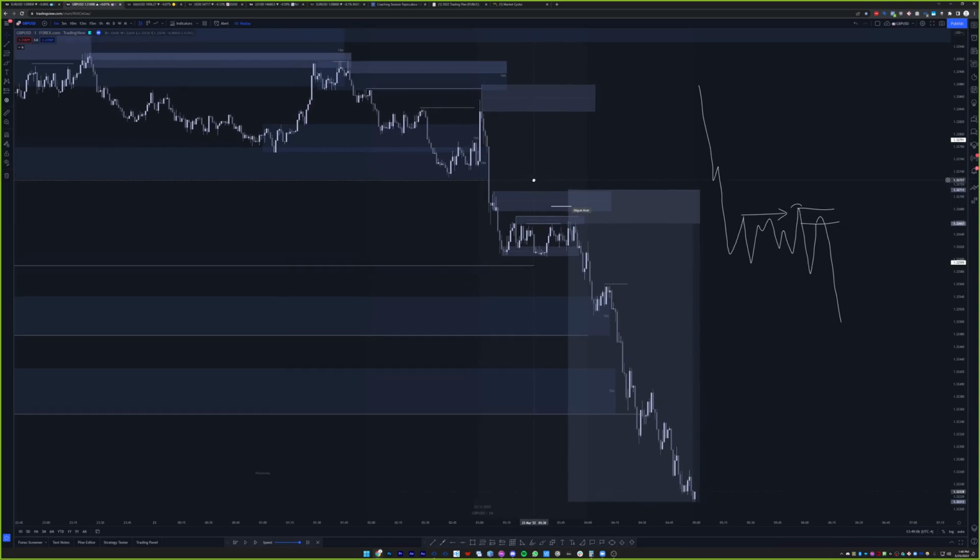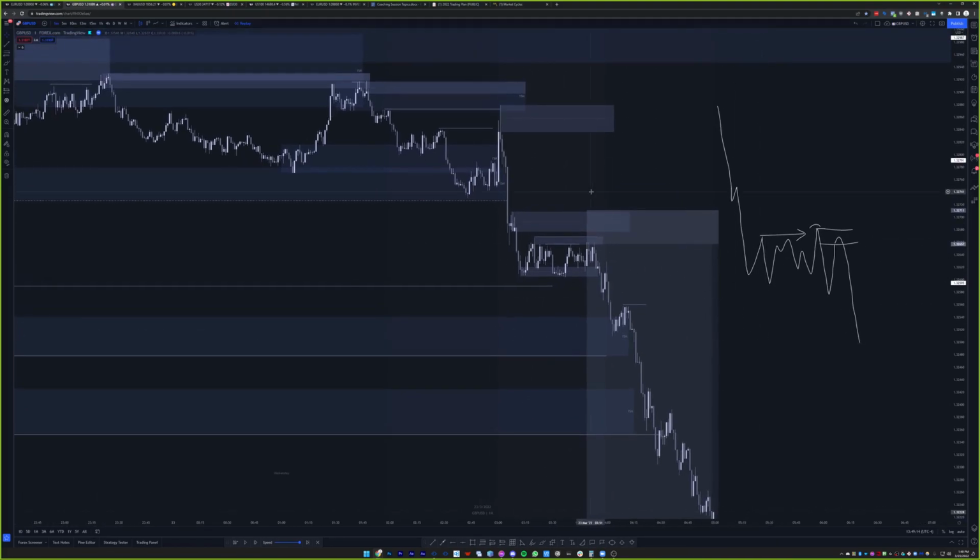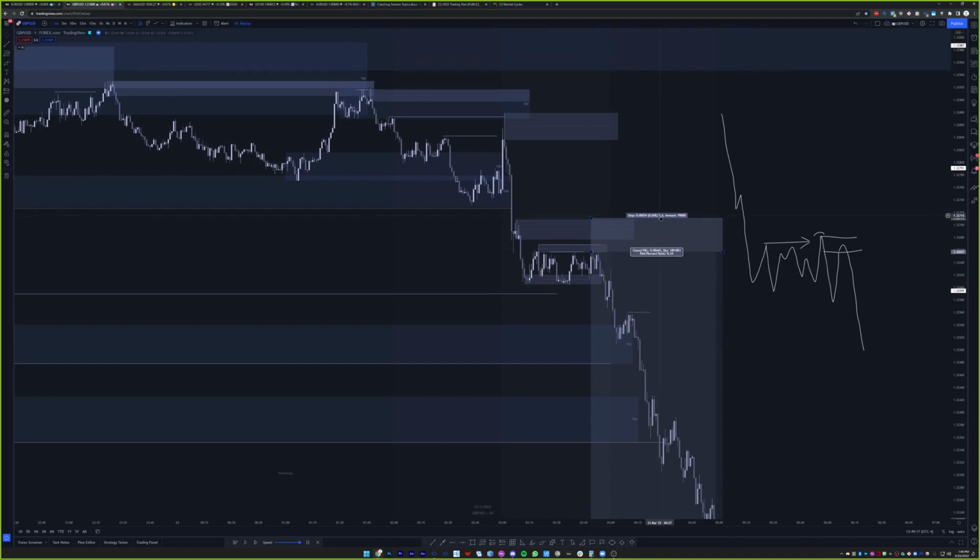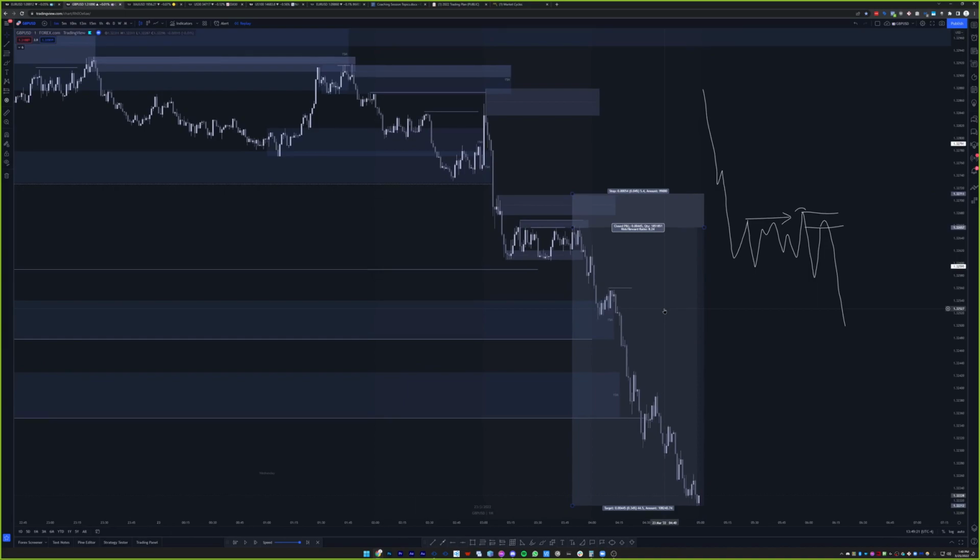I would cover this high. I would put my stop loss here. Oh no, I'm covering this high. I don't care, it's 5 pips, just to be safe, right? There's liquidity built up. I think it's fair, right? I want you guys to be comfortable taking large stop losses. There's nothing wrong with it. Like seriously, you're risking 1%. For example, if price comes above this level, I would take it again.